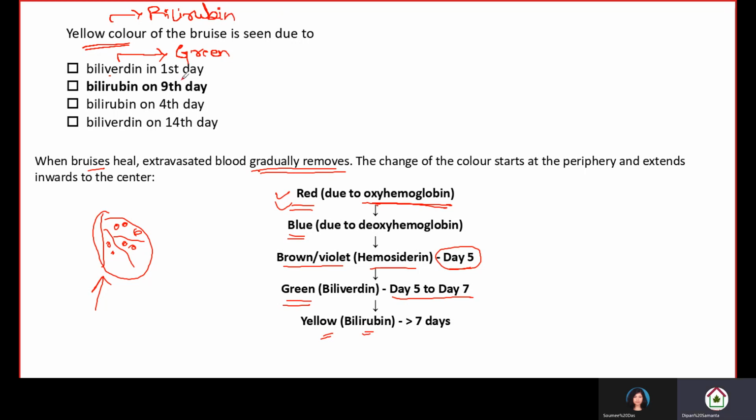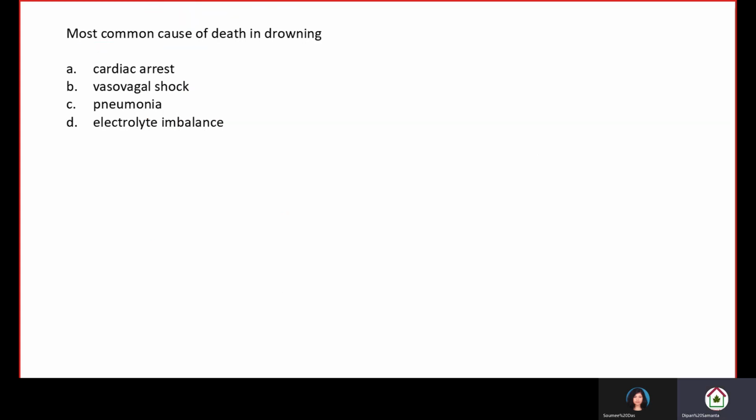It is bilirubin. Now the question is whether 9th day or 4th day. So bilirubin comes at the last, more than 7th day. So 9th day will be the answer. Okay, next question. Most common cause of death in drowning